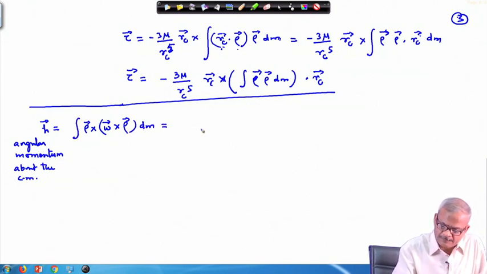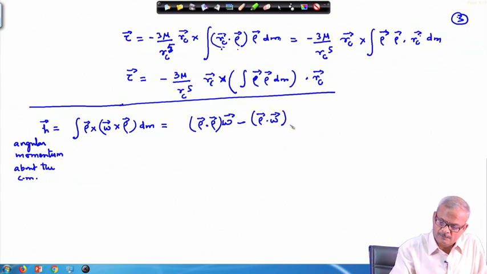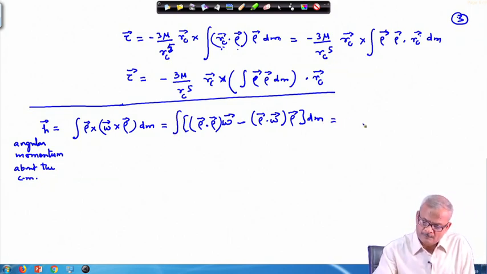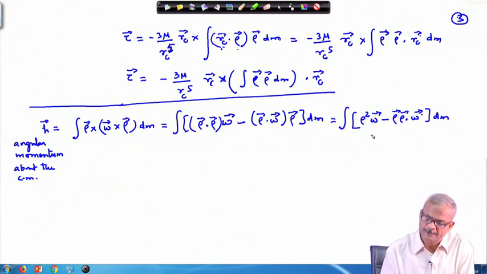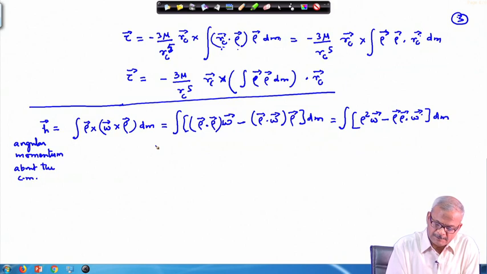And then this we wrote as rho dot rho times omega minus, if you remember this thing we have already worked out. So, in the dyadic notation, this can be written as